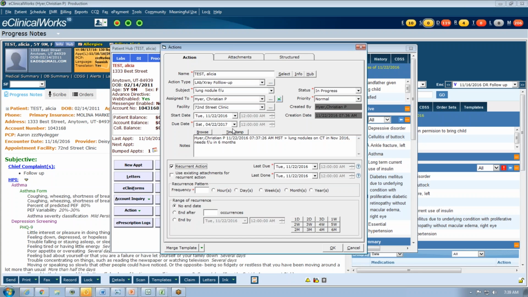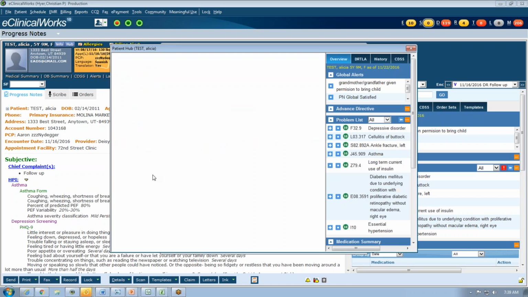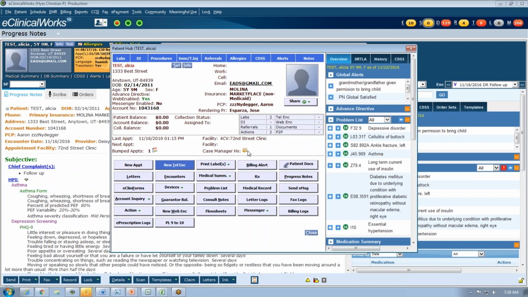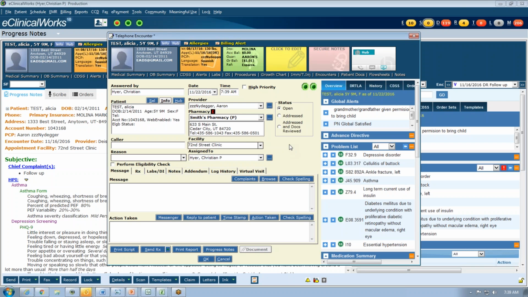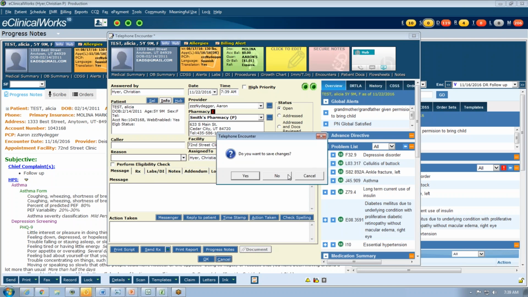So if you're following something every 3 months or every 6 months, so on 4/22/2017, I like Tate's practice, and I do the same thing of now creating a telephone encounter right here from the hub. Telephone encounter, and then from here you can create the order for the CT chest, assign it to your team, write a note to your team, say, hey, get this scheduled,